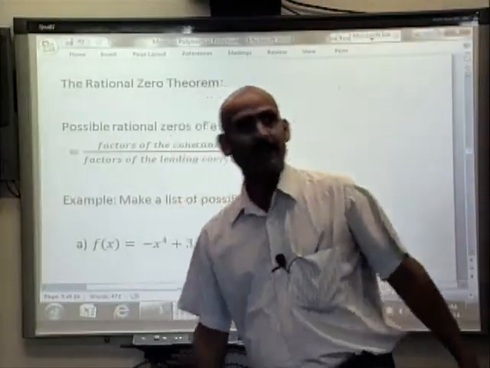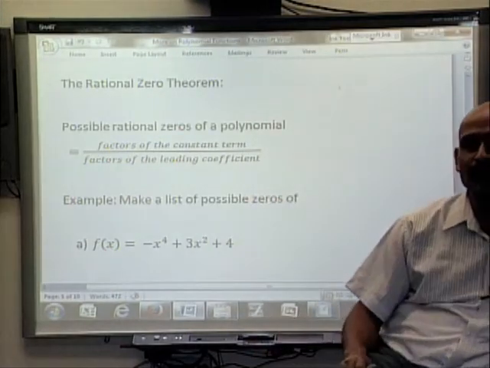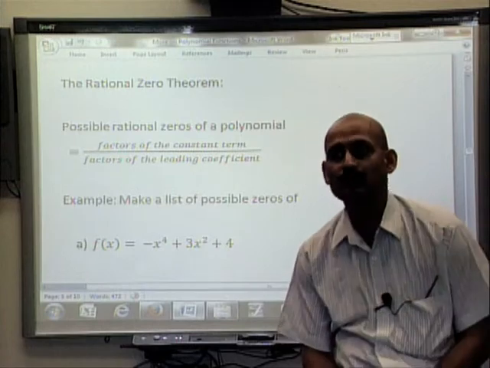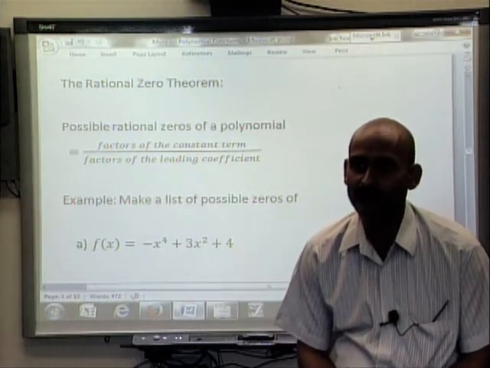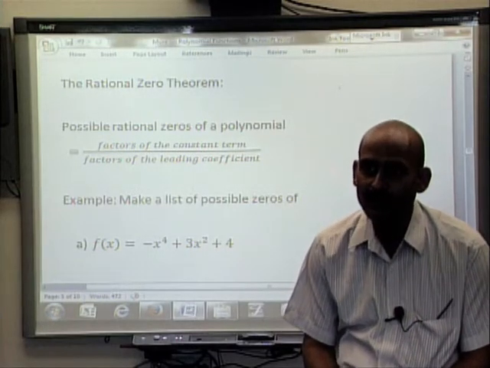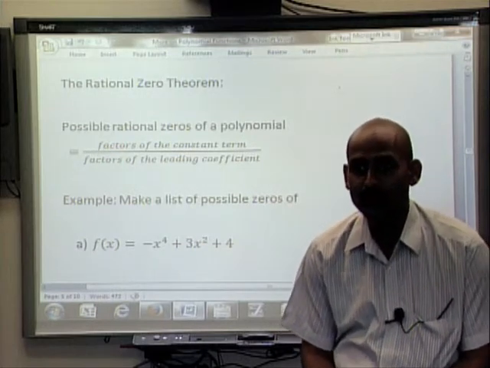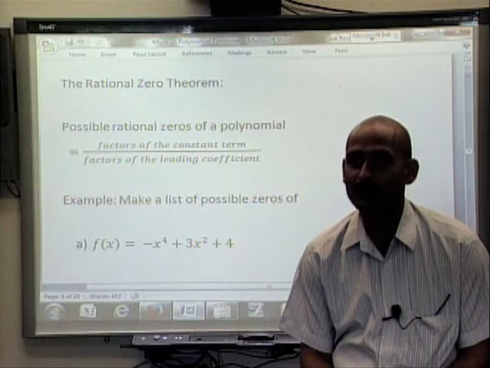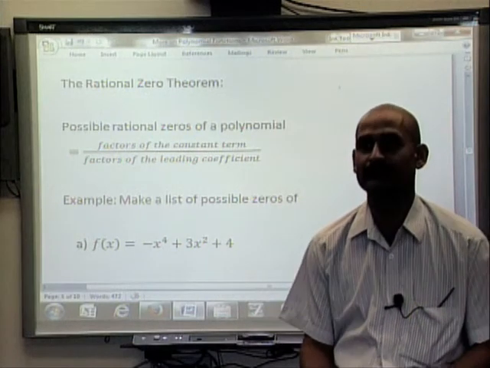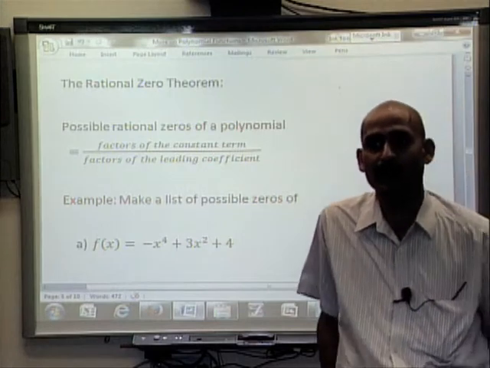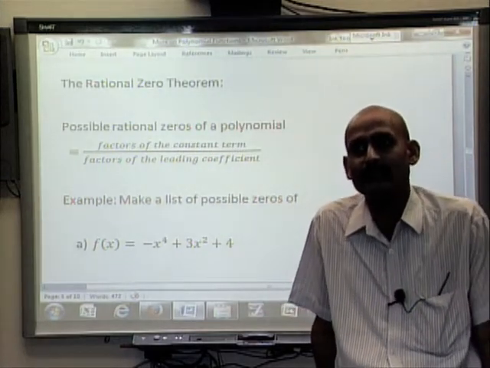Okay, so by now we know what we mean by a zero of a polynomial. We know what we mean by the multiplicity of the zero and how it can be used to sketch the graph. We also know the factor theorem and the remainder theorem. Now we are going to talk about one more theorem, and we will apply all this information